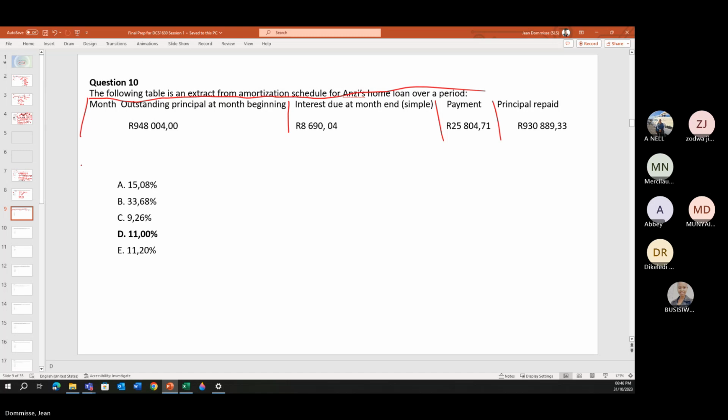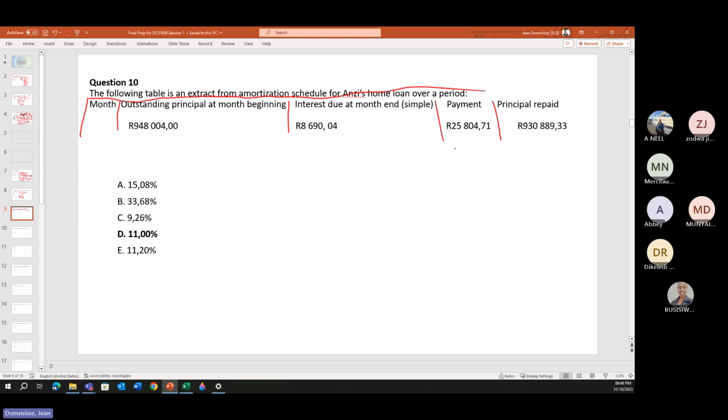So the table we have, the outstanding principal at month beginning is 948,004. The interest that was calculated, simple interest, was 8690.04. The payment was 25,804.71. The principal repaid was that, and they ask us,